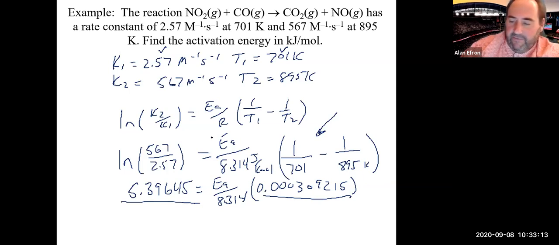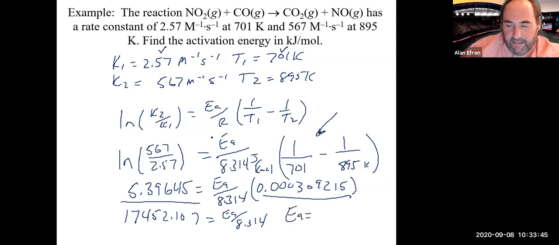I'm then going to take that and divide it to the other side. So 5.396 divided by 0.000309 is going to give us something like 17452.107 equals E_A over 8.314. Lastly, I'm going to multiply the 8.314 to the other side. So when I multiply the 8.314 to the other side, I end up with an E_A that is